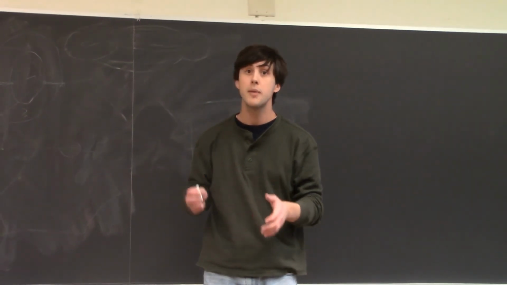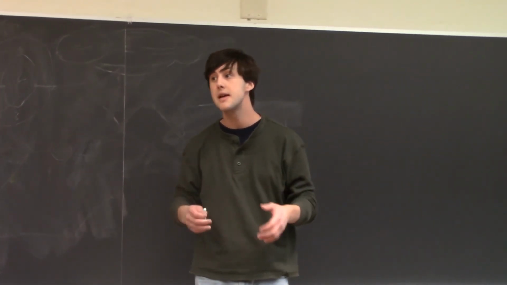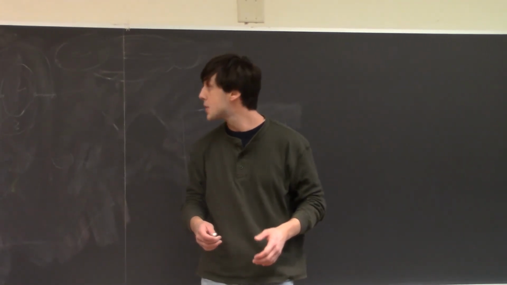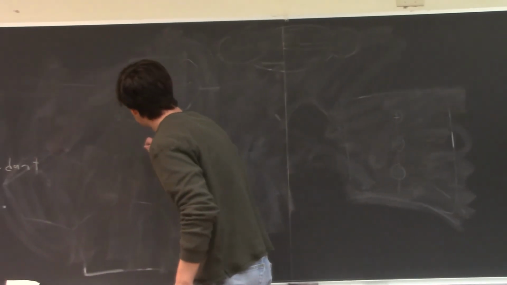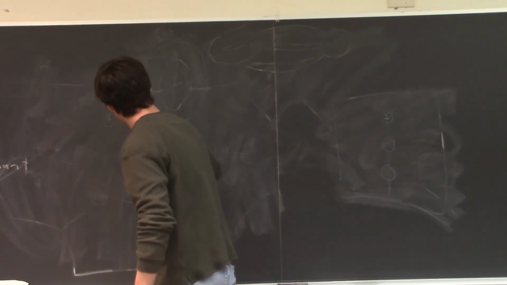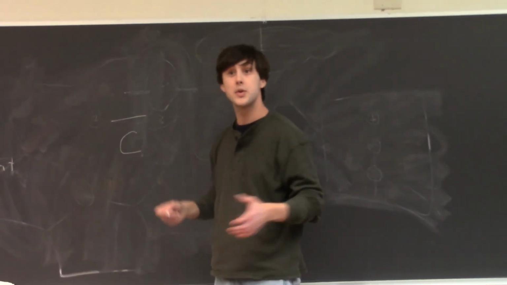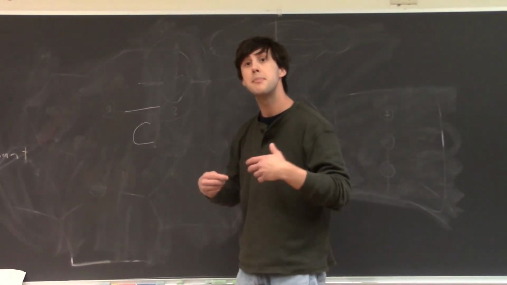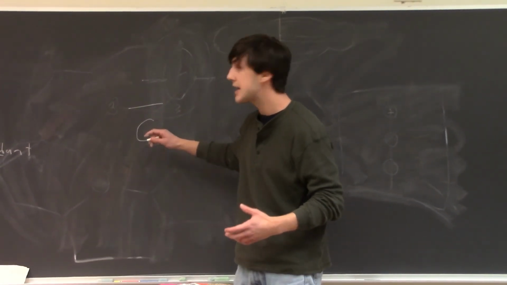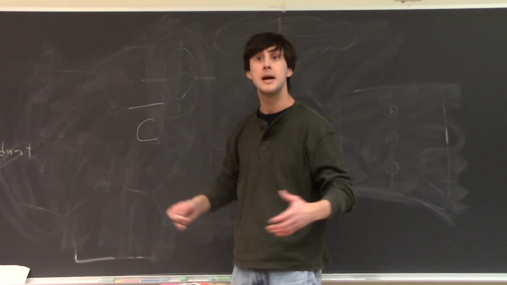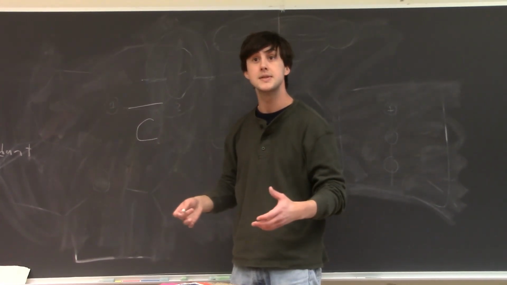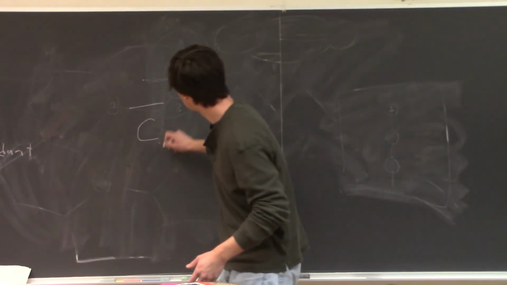By the Heawood formula, that would mean there would be more than 7 regions in the map. So in particular, there's some region C that is adjacent to at least 4 other regions. Why? Because the map is complete. Thus, C is adjacent to every other region in the map, and there are at least 8 regions in the map. Okay? So around C,